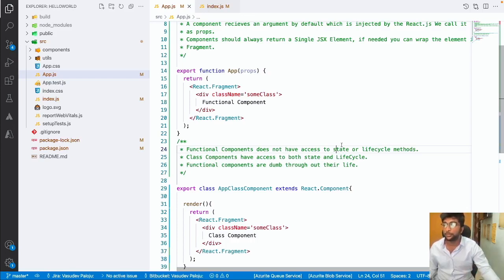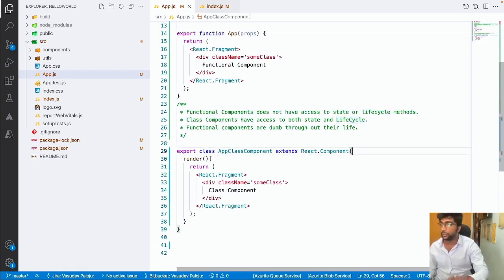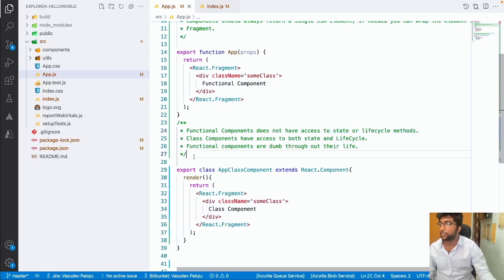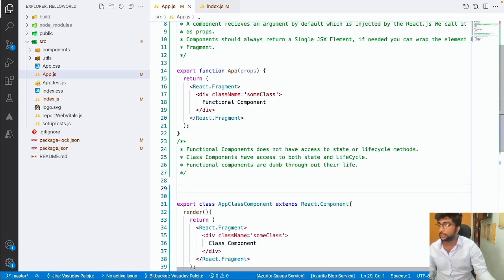Okay, so we'll see more about state and lifecycle. But why do we have both class and functional components? Because class components have the power of state and lifecycle methods, which we will discuss, how to define the state and how we can use the lifecycle methods going forward. Okay, so now the other concept which you need to know is